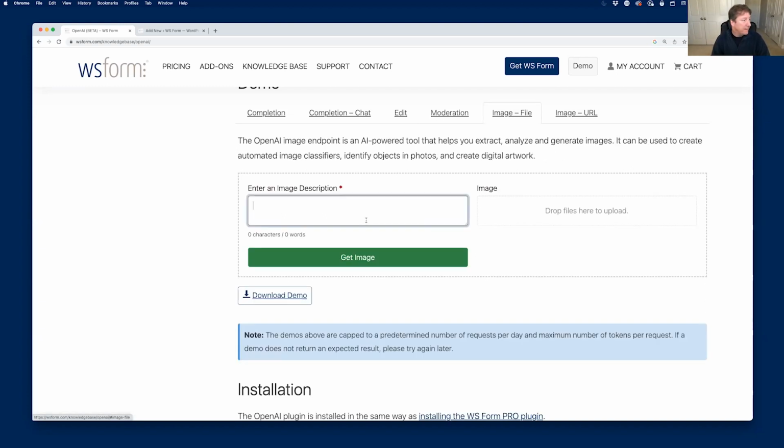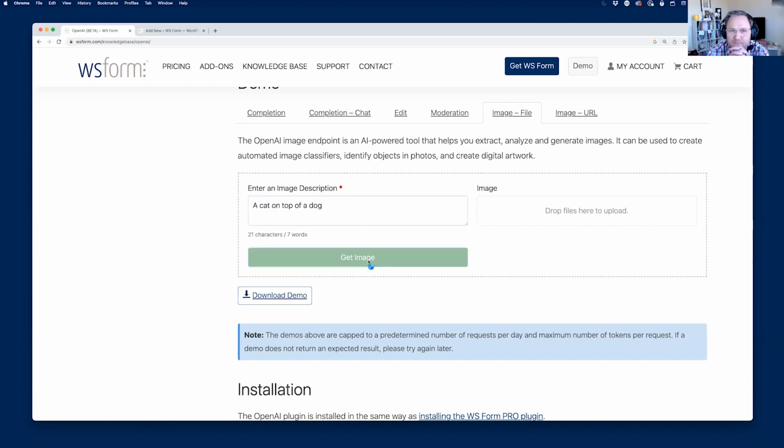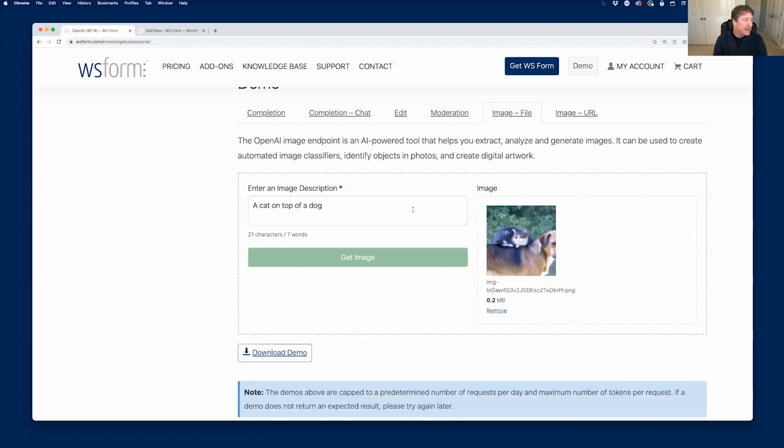The image one, with images, what you can do is I can say, enter an image description, let's say cat on top of a dog. And then you get the image. So you can put all kinds of crazy stuff in here. What that'll do is load that image into our image field, which can then be submitted as part of a post.